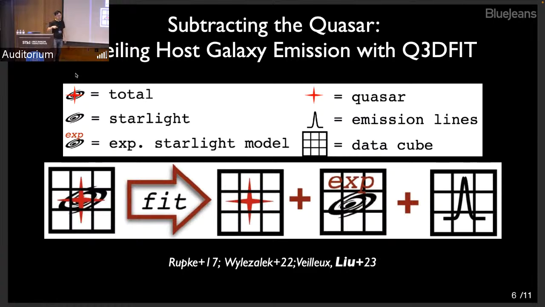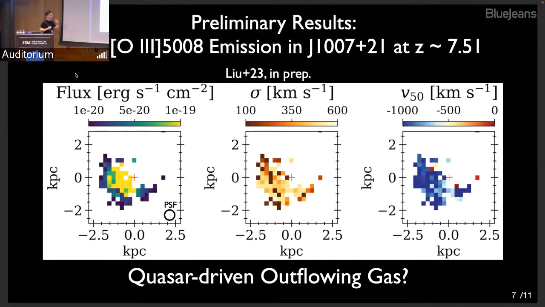And by doing this iteratively, we can finally subtract the quasar and see the host galaxy emission. And that is a preliminary result we see in one of our sources,